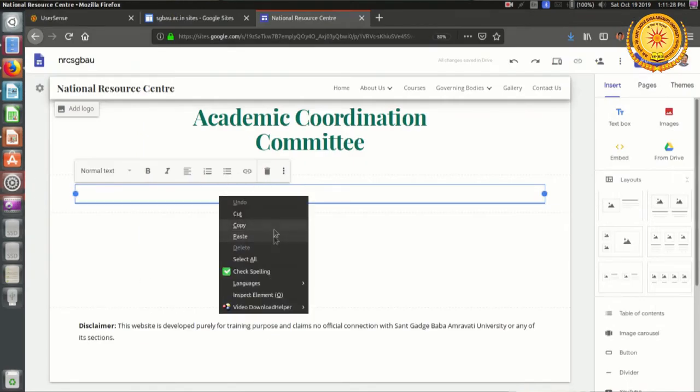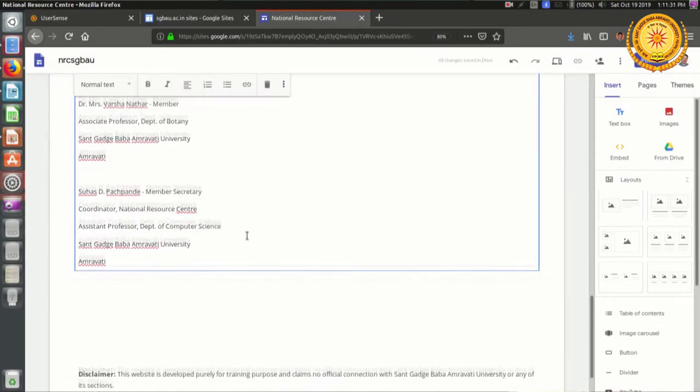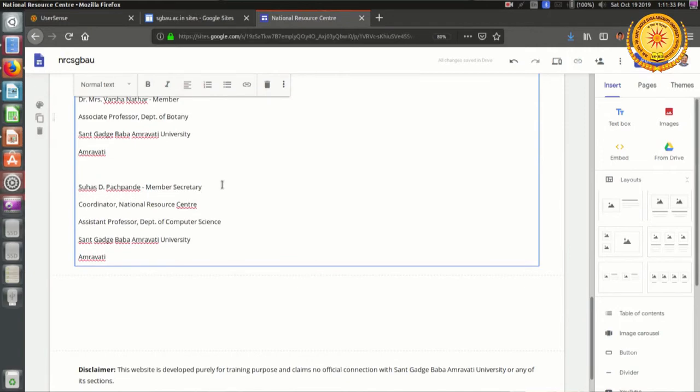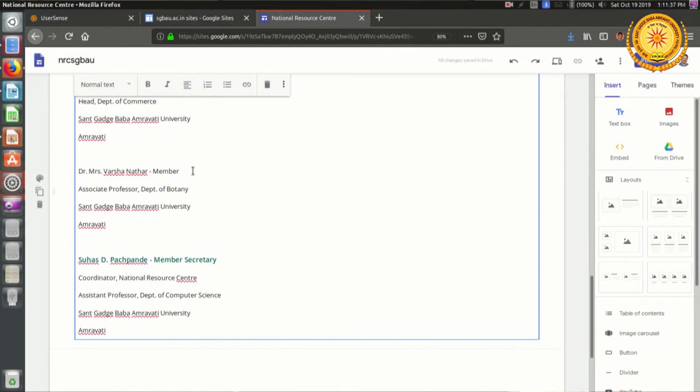Here, paste. Again I will be adding the names, formatting the names as subheaders.